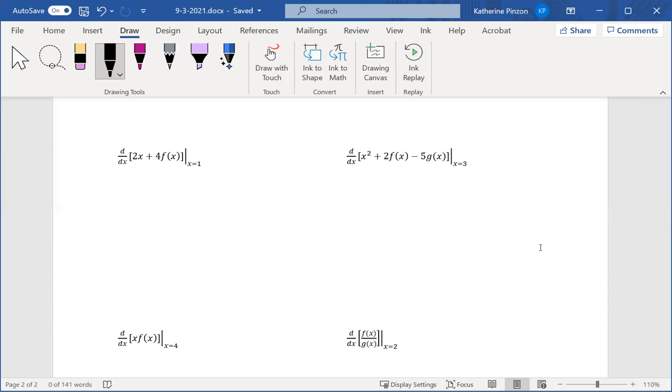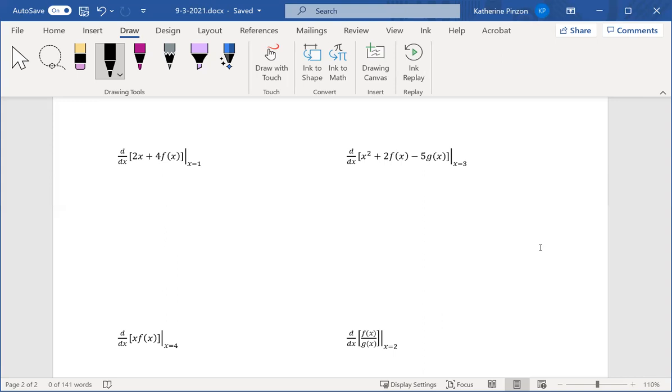Which one of these do you think I'm going to need the product rule for? The first one. I'm not going to need the product rule for the first one. How come? The third one. The third one. So what's different in the third one than the first one? It's because it has two variants. Yeah, this has x's in both of these parts. This guy just has numbers times x's and numbers times functions, right?